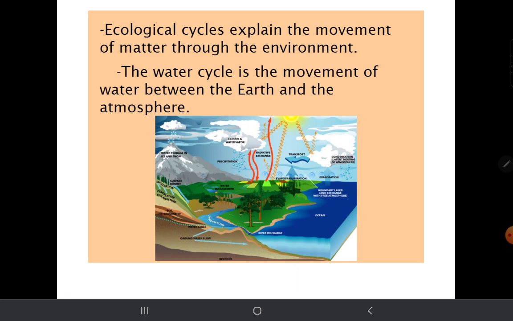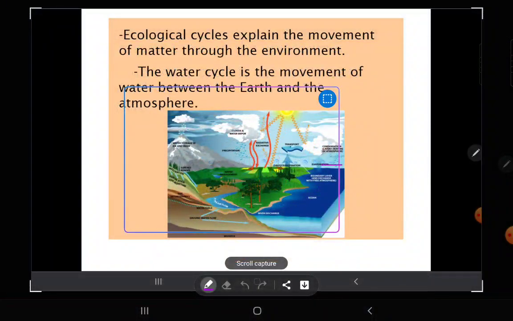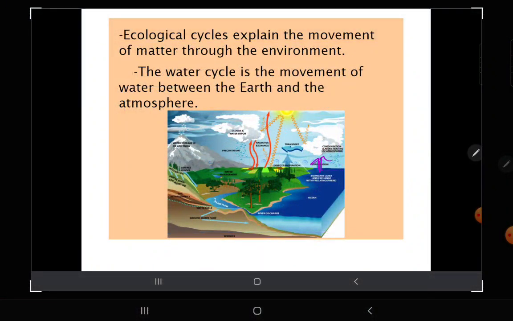There can be runoff from surface runoff, and then it can flow into rivers and streams. It can wind up in the ocean, and then evaporation is when that water is going to turn into gas form and go back into the clouds. When it goes back into the clouds, I feel like I should write this. So when it evaporates, it'll go back into the clouds, and that process of forming clouds is called condensation.